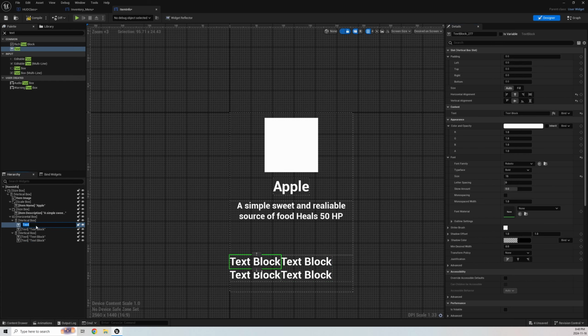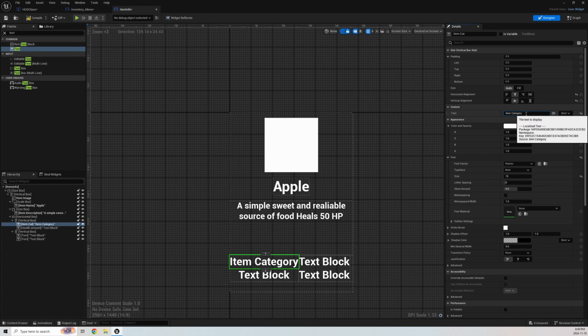So this first one will be called item cat, say item cat, and we will not make that a variable. Sorry, the first vertical box we're not making variables. This will be called health amount, I guess. Amount. Again, not a variable. Let's actually put that in there now. So, item category,